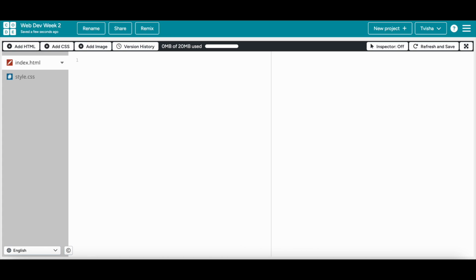We will work with 3 blank files. One is index.html, where we will create the structure and content of the home page, such as titles, images, and buttons. The other file is style.css, where you can create the look of the website, such as background color and font families. Let's also add a third HTML file